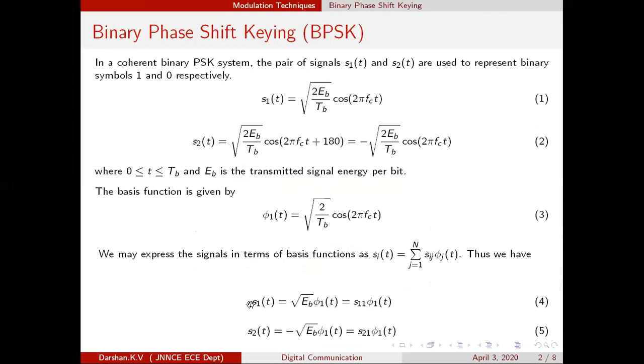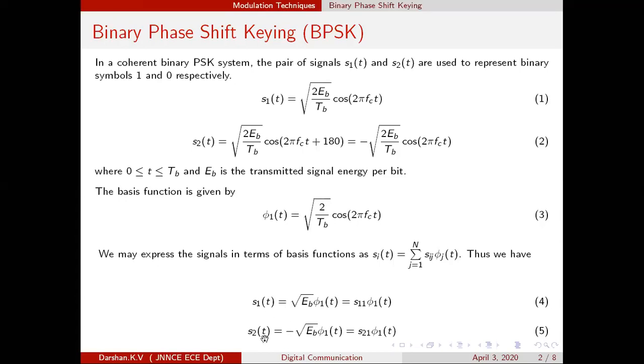So now you are successful in expressing the signals in terms of basis functions. Why are we here? Because we need to plot the signal in the form of a point. How to obtain the point form of the signal? The time is around 10 minutes, so let me try to complete as much as possible. Let me extend up to the 0th second of the time instant.